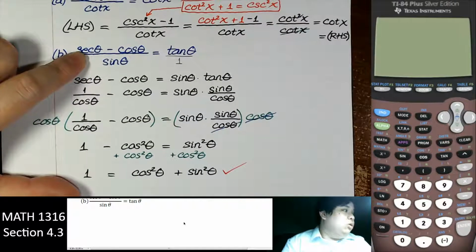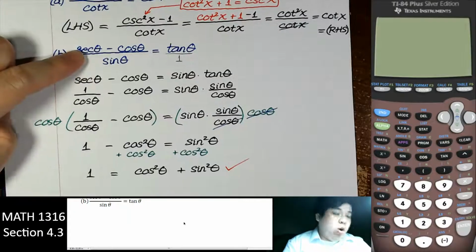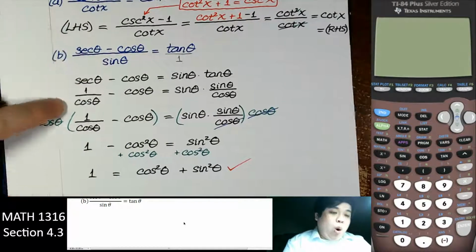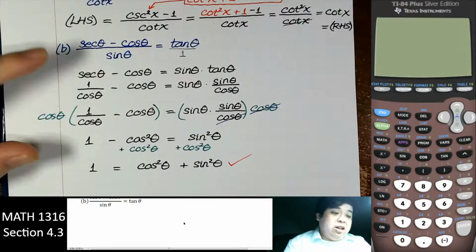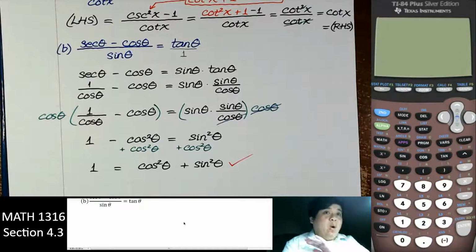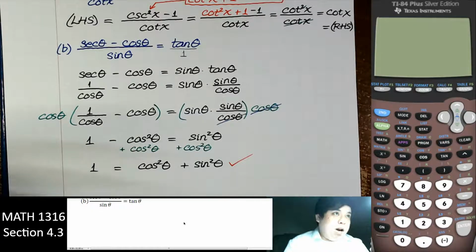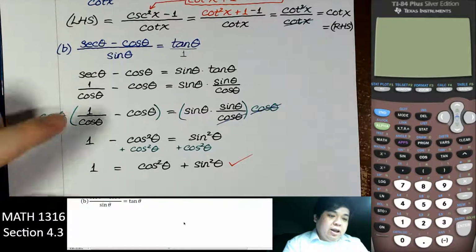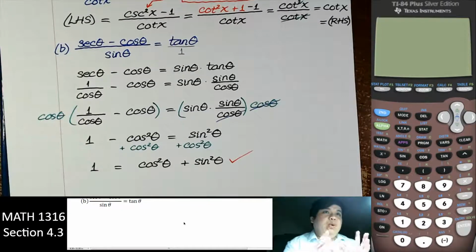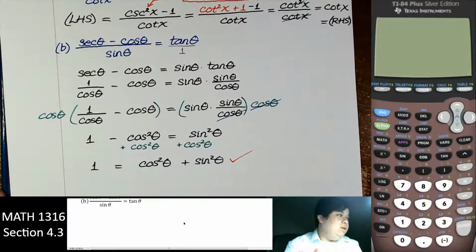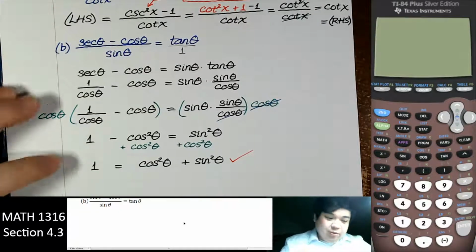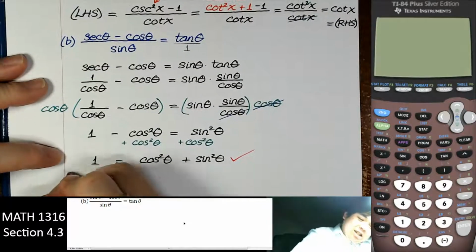So what did we do here? If there's fraction or ratio, cross multiply or multiply by the common denominator, either way we're trying to eliminate all the denominator. And then at the end try to move things around. We can add something on both sides, and that's what we have. However, the most important here,